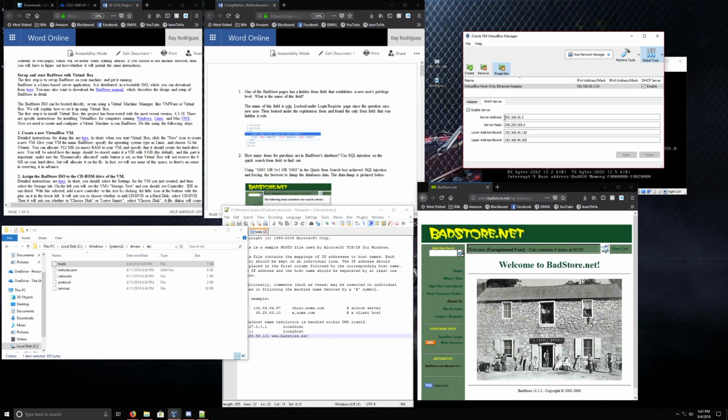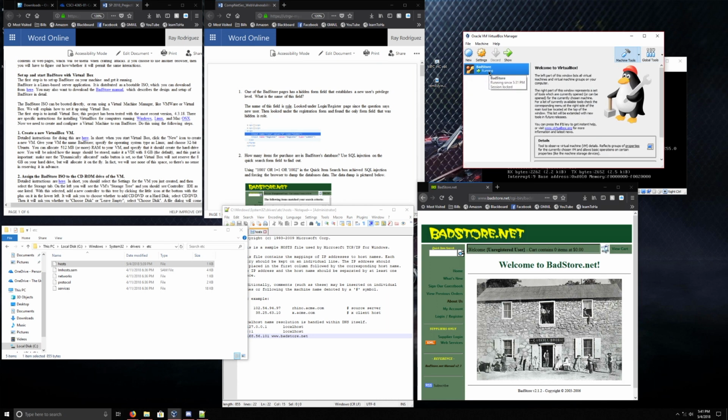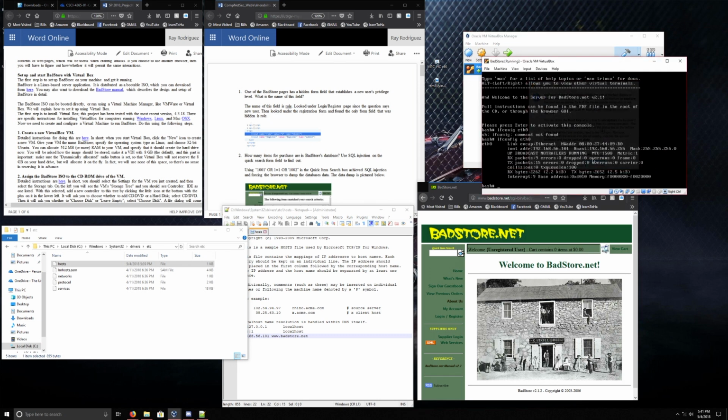The DHCP server with the lower bound 110, server address 2, and the upper address 200. Enable DHCP server, apply, and then you're pretty much set. You can just run the badstore virtual machine, and it'll bring up the virtual machine here, and it'll load all the way up until you get a "please press enter to activate the console," or you press enter, and then in order to get the IP address for the server, it's the upper bound of the DHCP here at